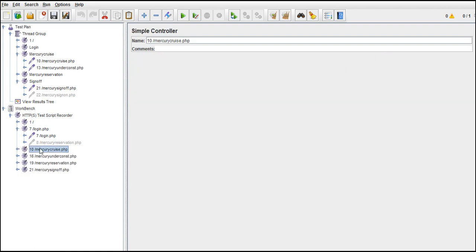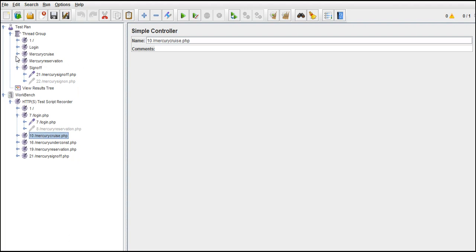Basically controllers are a block, but there are different types of controllers where you can manipulate your block. Simple controller, the name itself says, is very simple. There is no manipulation on that, straightforward. It acts as a block where we can store a set of requests. That's it. So all these are simple controllers only, right?